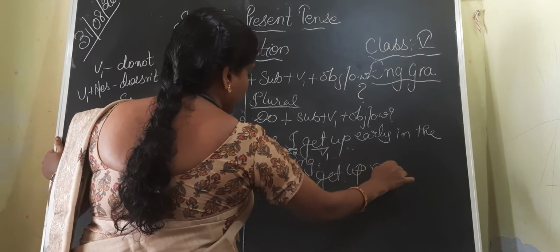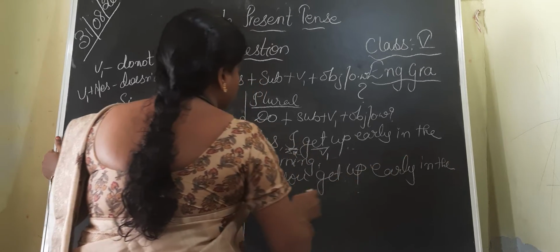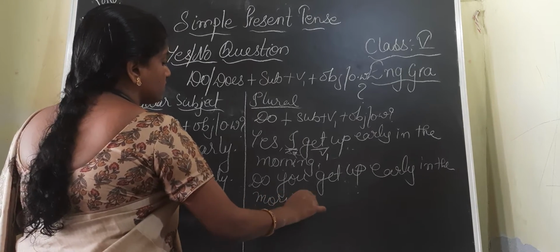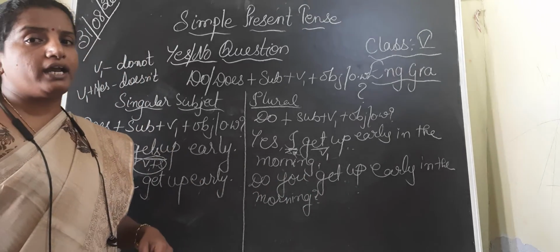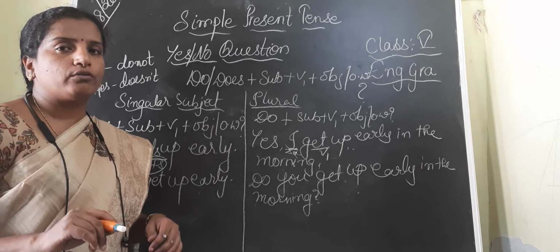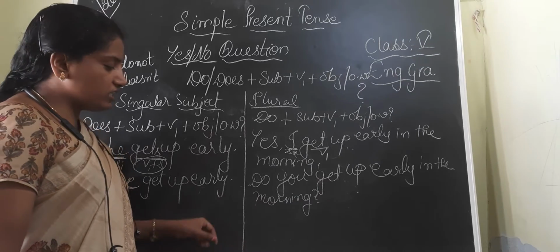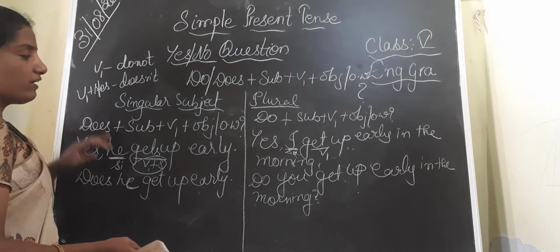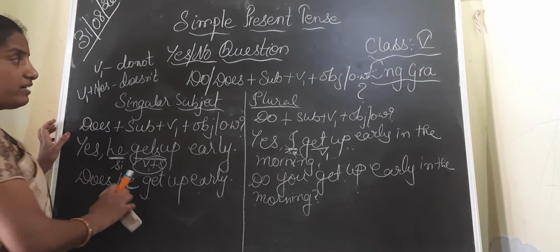So children, the identification of the structure of the answer is very important. First you have to identify the structure, then according to the given structure you have to frame the question form. Is it clear, children? Now let us see few of the examples of how to frame the questions. I will write few sentences on the board and we will discuss how to write the question form.